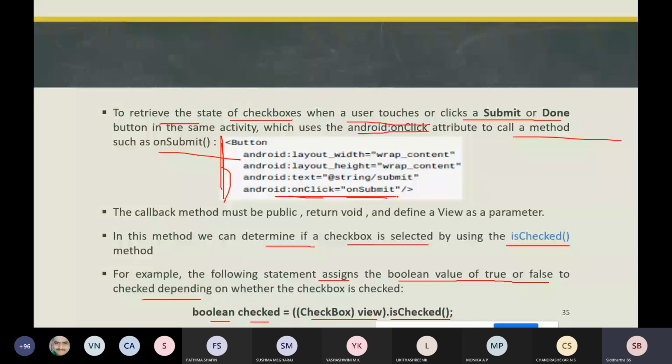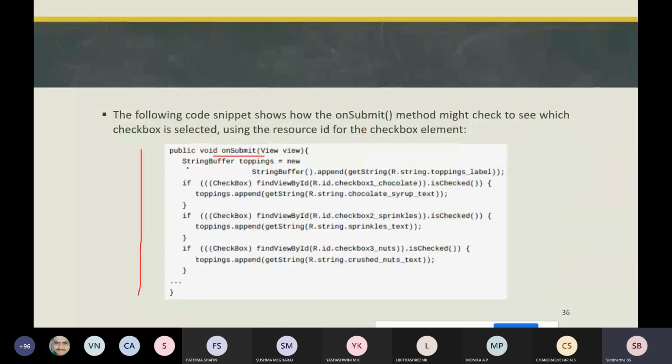This is the onSubmit method, with a StringBuffer as the value object. New StringBuffer, append: we need to append whatever value has been checked. When appending, we need to check whether the particular checkbox has been checked or not. So if the checkbox findViewById isChecked.